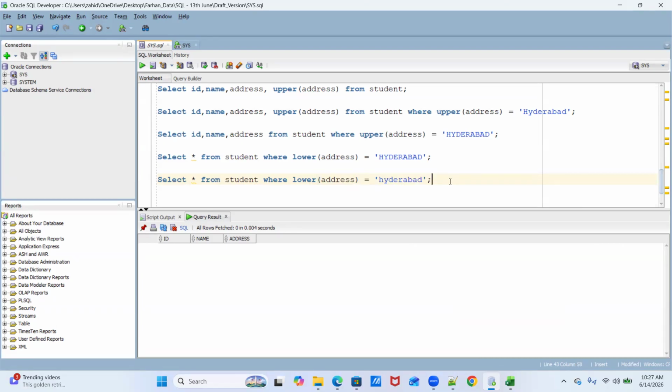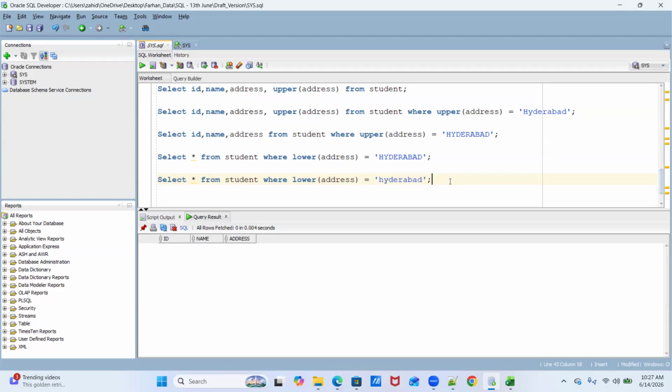The second understanding was we are trying to make the address column into lowercase, right? But where is the filter condition? So where lower address means it is going to search the address column.